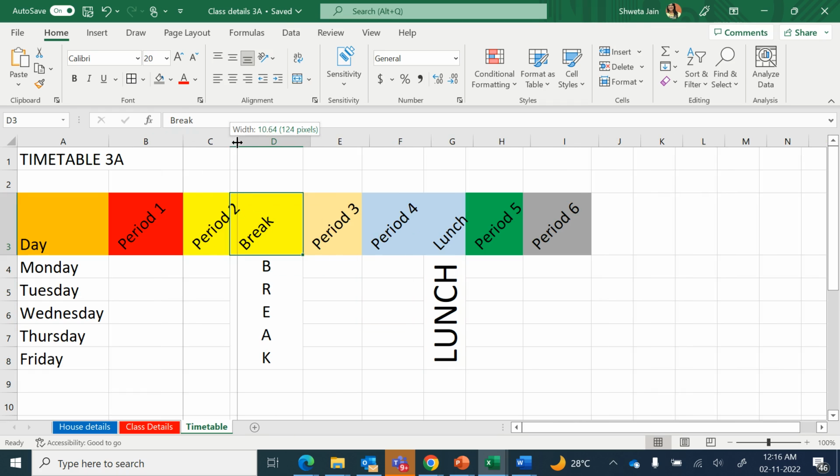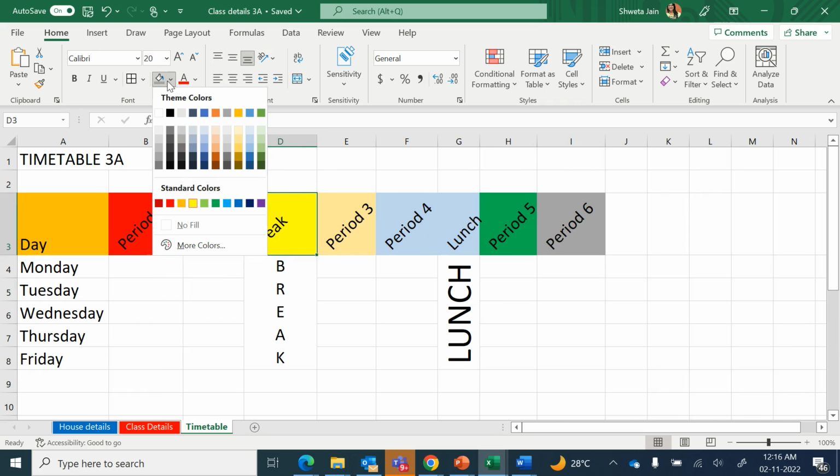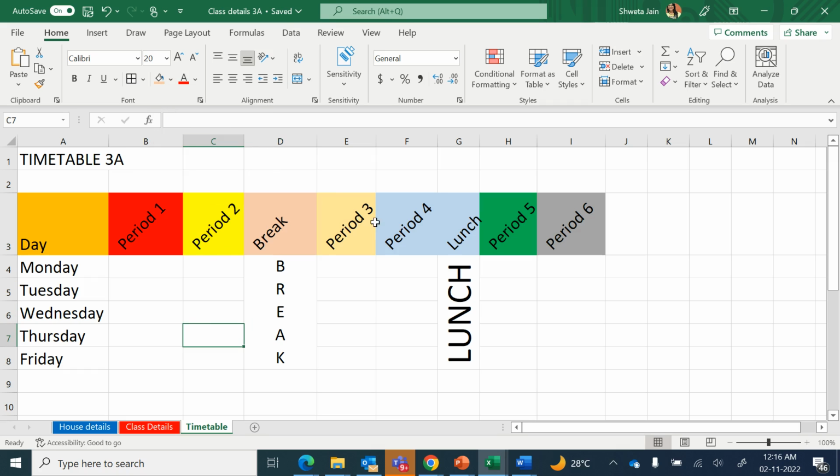If you want to change the fill color of this break, you can select the cell again, and from the fill option you can change the fill color. Likewise for the lunch also you can change the color. Now supposing in cell B4, before I do anything further,